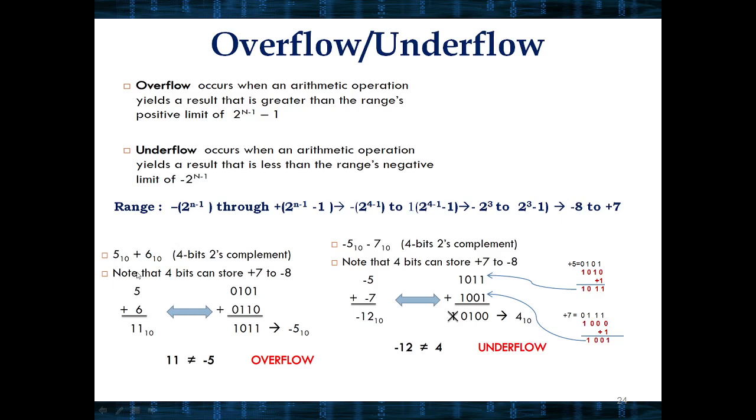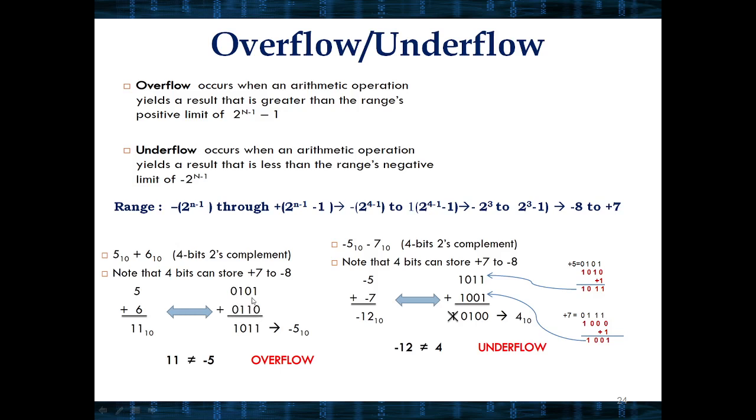So we'll take one example here. 5 plus 6. We have to represent it in binary. 5 is nothing but 0101, and 6 is nothing but 0110. Both are positive numbers, so there is no need of conversion here. Directly we can take the numbers and just add these two numbers. Here the MSB position is this one. Both are positive numbers, so the MSB value is 0 here.